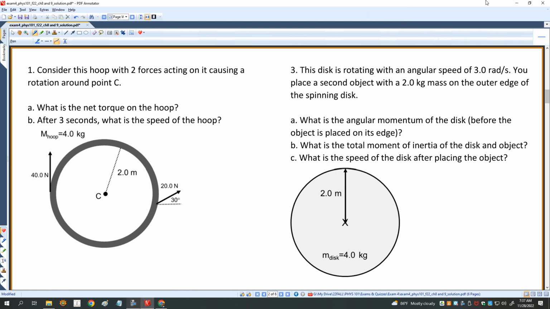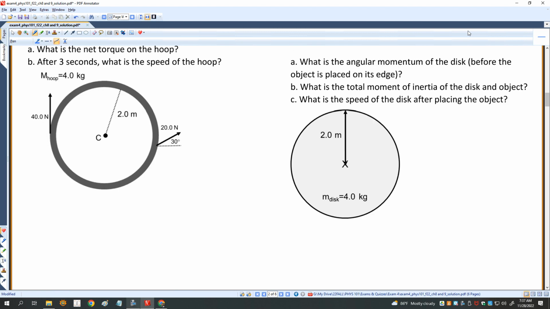Okay, so consider this hoop with two forces acting on it, causing a rotation around point C. First, I just want to know what is the net torque. I'll call this torque 1, and I'll call this torque 2. Now, torque 1 causes a counterclockwise motion, so it's negative, and torque 2 causes a clockwise motion, so it's going to be positive. So for part A, the net torque is going to be the sum of those,